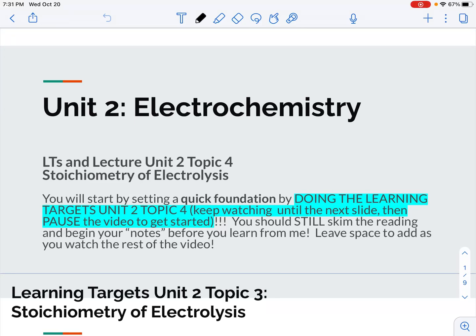So this is your last lecture in the Unit 2 Electrochemistry unit, and we're going to pull together what you know about stoichiometry with what you know about electrochemistry. So this unit encompasses basically everything from using your reduction potential chart to determining voltaic cells to determining electrolysis, and finally to figuring